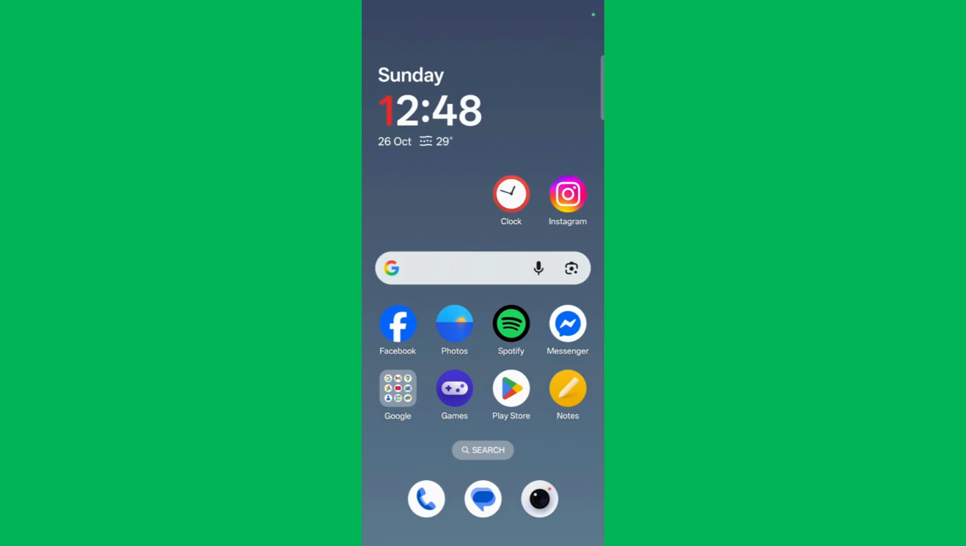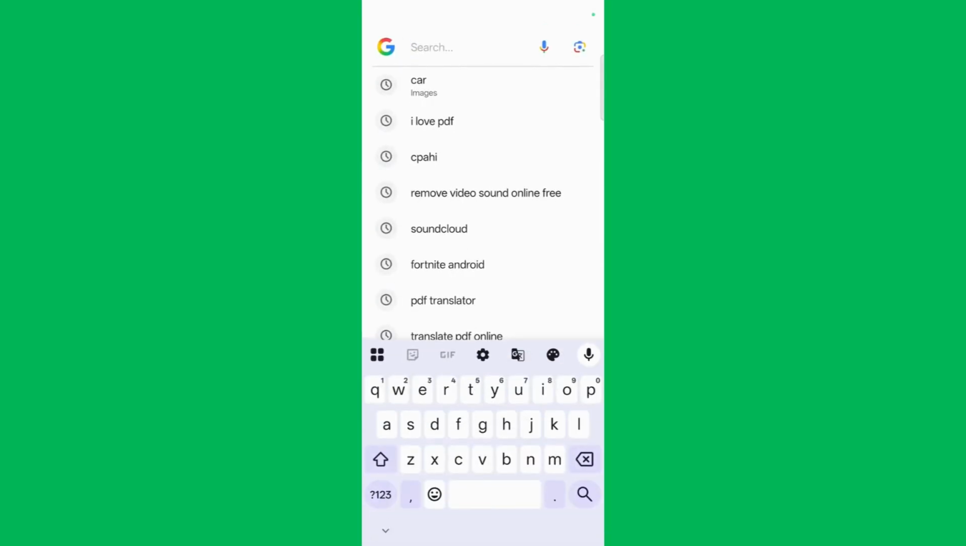In this tutorial I'll be guiding you through the steps on how you can remove the background of any image for free. So in order to start, the first thing that you can do is open any web browser or any search engine of your choice. So for example, let's say I open Google and then I can simply type in